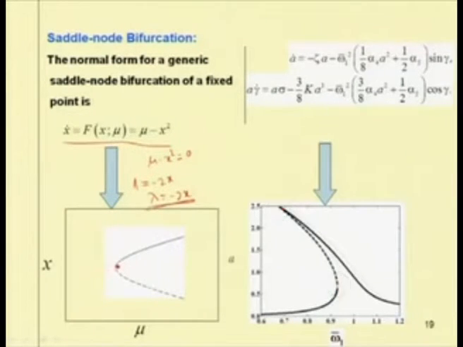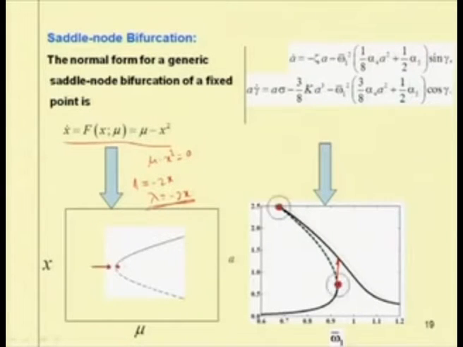And similarly, here for a two dimensional equation, when the equations are written in terms of A dot and gamma dot, where A is the amplitude and gamma is the phase response of the system. So, this is for a typically used nonlinear system. In this case one can have the saddle node bifurcation point at these 2 points. If one plots the eigenvalues, one can study that in this portion the response is stable, and after that the system is unstable. So, at this point the system may experience a jump up phenomenon.